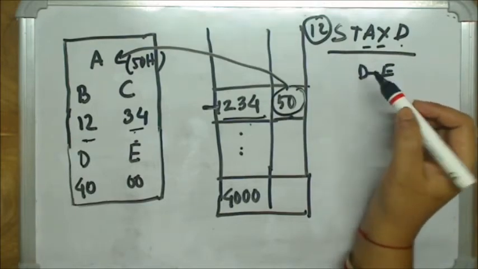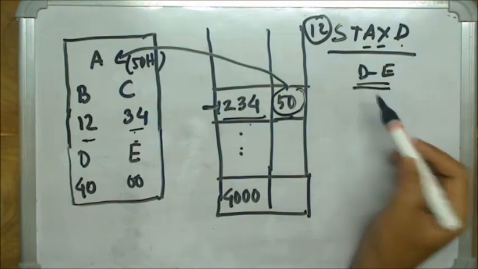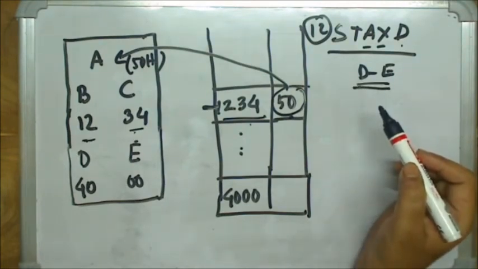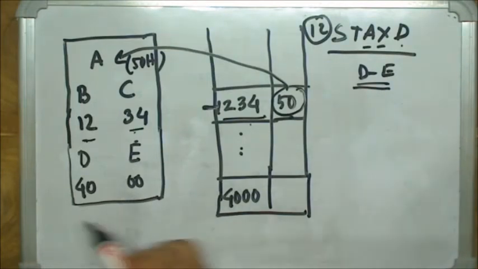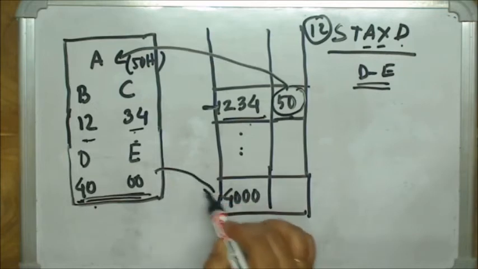Now, where to store the value of accumulator? In the memory location pointed by D pair. For example, D pair is containing 4000H, right? So the processor will see the data 4000H and it will go to memory location 4000H.